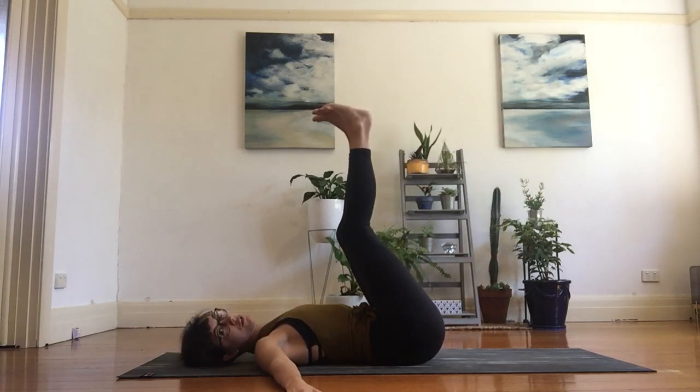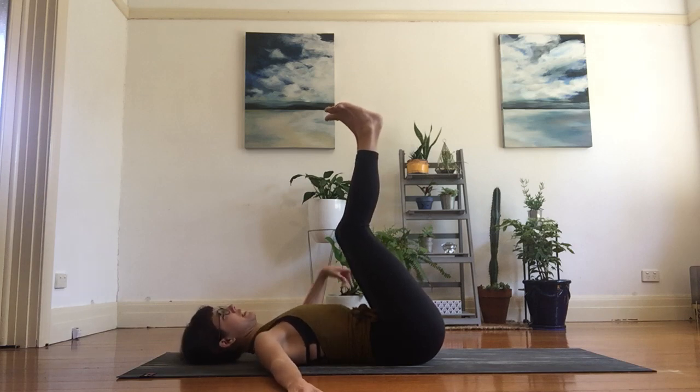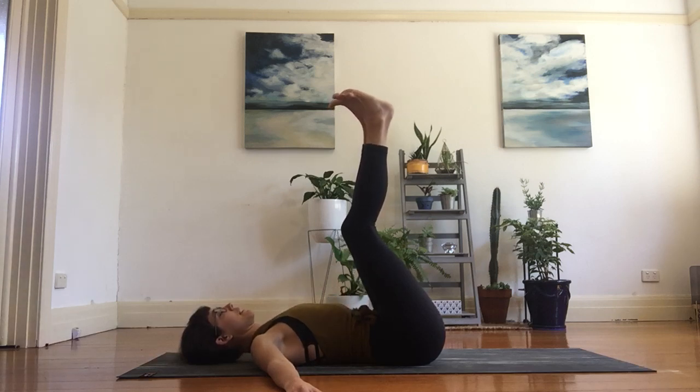We're going to extend the soles of the feet up towards the ceiling. It doesn't matter here if the legs are straight or bent, we're not worried about that. I'm just taking again a deep breath in, feel the belly, and exhale, sigh out. And from there, as we inhale, lifting pelvic floor, drawing the navel towards the spinal column,